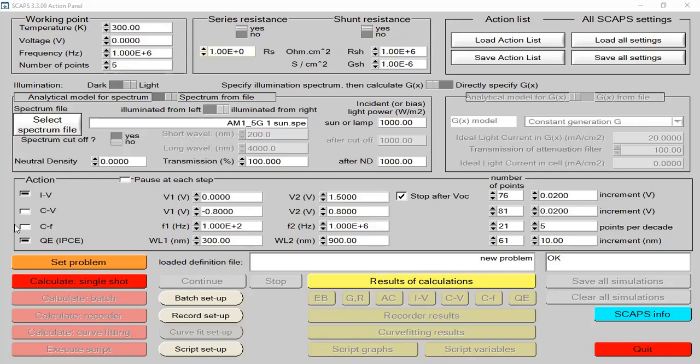For that purpose, when you start your JV analysis or current-to-voltage analysis in SCAPS 1D, particularly for solar cell or perovskite solar cell simulation, first of all we need to enable the IV curve button. This is the most important thing when you start your IV or JV characteristic analysis. We need to mark this button.